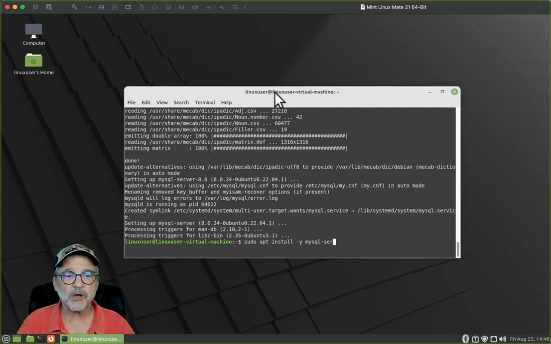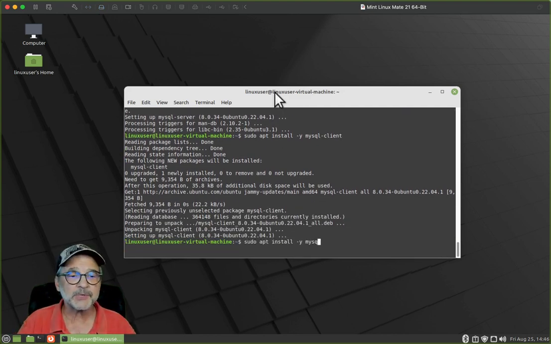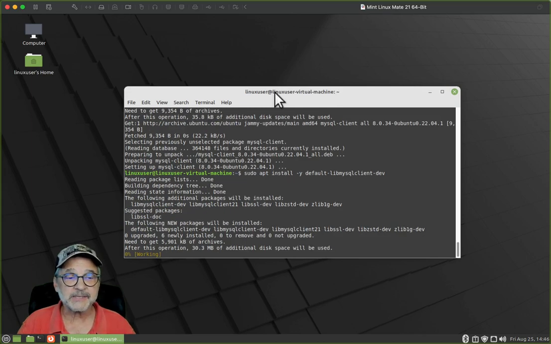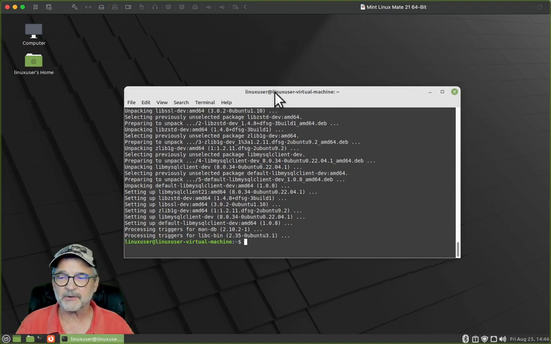And then we're going to install the client. The client is the communications program that talks to the server and says, hey, I want to get things done. Then we need to install some tools for development. And as I said earlier, I'll put all these commands out there. Makes it very, very easy. You don't have to go downloading stuff. Let's do another one,